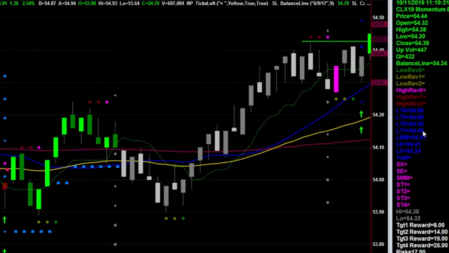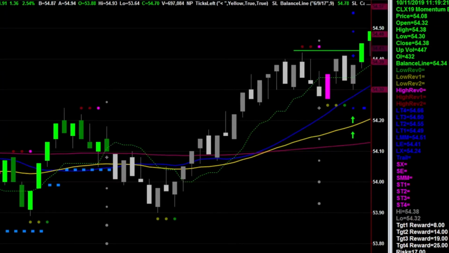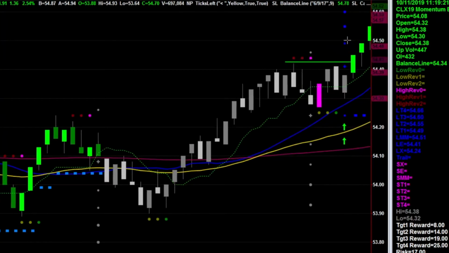Now, target 1 is too small. It has to be 10 ticks or more, especially after the 2 tick adjustment. So target 2 becomes target 1, and target 3 becomes target 2. So instead of a 14 tick target 1, it would be 12 ticks because of the 2 tick adjustment, and 17 ticks to the next target. All right, so that's kind of how that works, and it triggers in, and it quickly zooms up past the